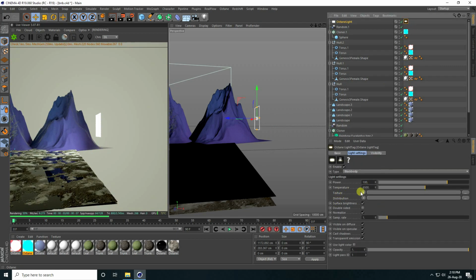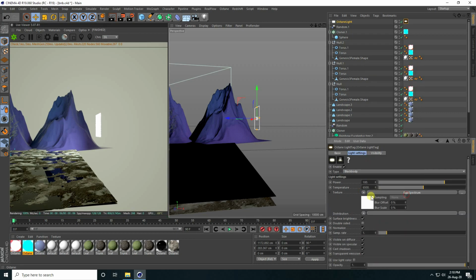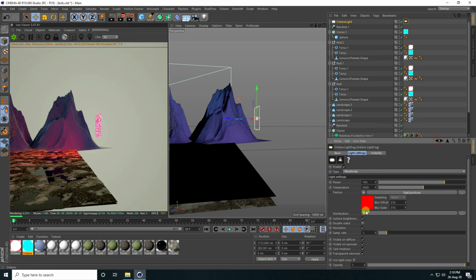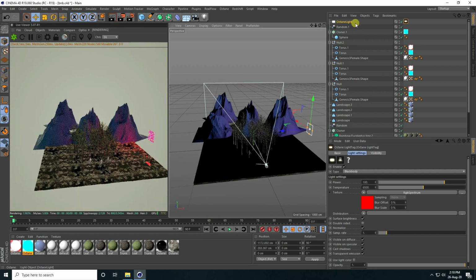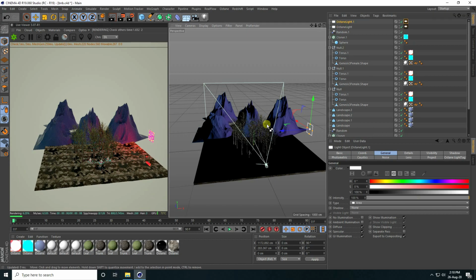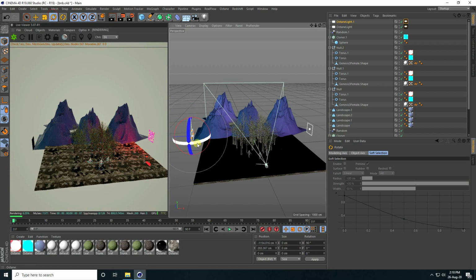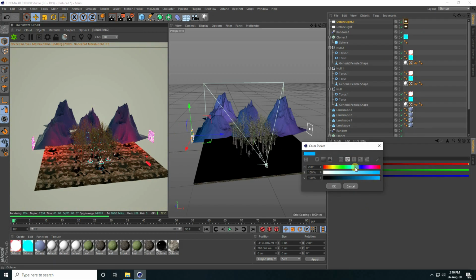Guys, go to here, same texture, and use RGB spectrum and click. Guys, I take red color. Red. Yeah, all is good. So now guys, copy this light. Press Ctrl C and V and go on here and again rotate. Rotate 180 degrees, and this time guys, light color I take blue. Blue light.